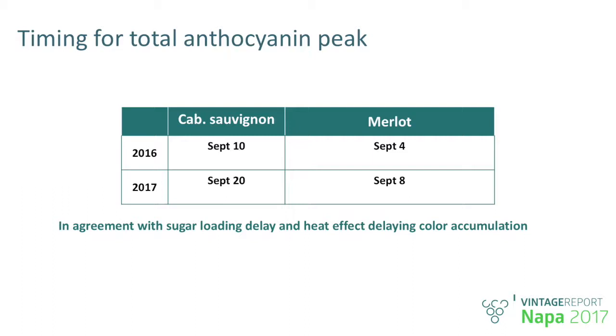onset of color. So there is this extremely nice match between something that has been obtained under really constrained conditions in a scientific setting and data we are collecting in practice in vineyards randomly without any agenda by using a very different method. You see, there are 10 days of difference observed in terms of Cabernet Sauvignon. And this is even wider if I convert those dates into thermal time.